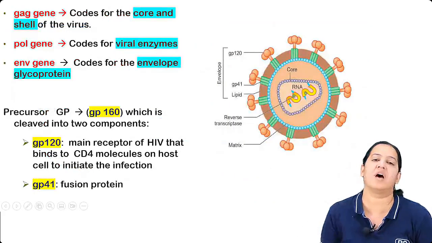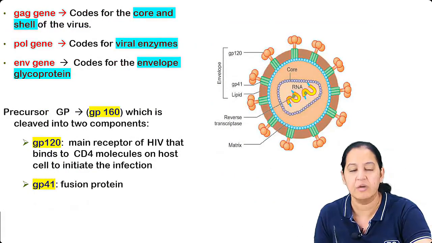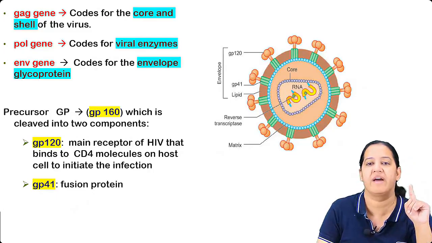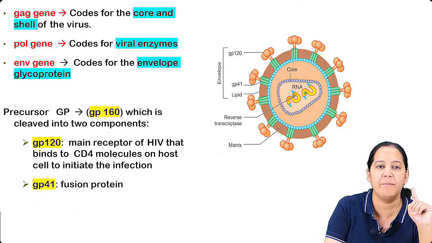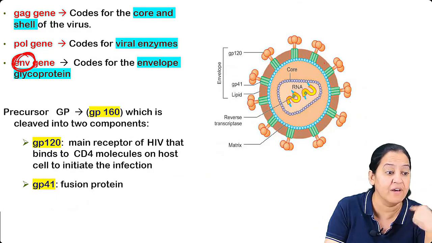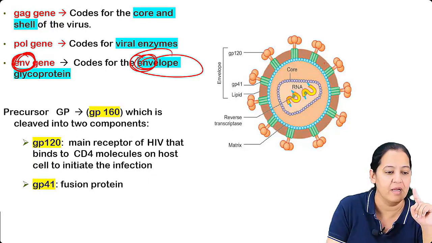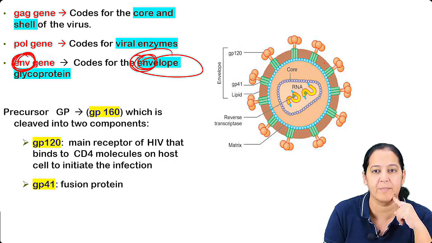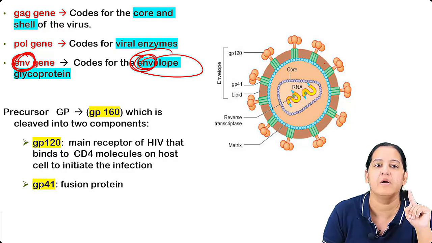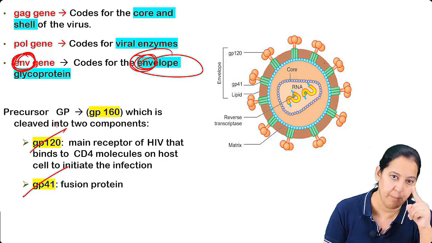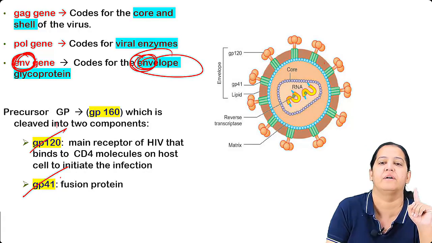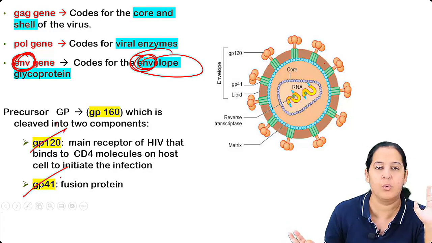3 structural are important. You have to tell me which gene is forming which portion of the virus. You can see the virus. देखो नाम में ही है ENV. ENV is envelope. ENV आया ही word envelope से. Envelope का ENV. ENV is making envelope. So envelope में glycoprotein 120 and 41. Both of them are formed by the ENV. So ENV is making envelope. There is no doubt in that.